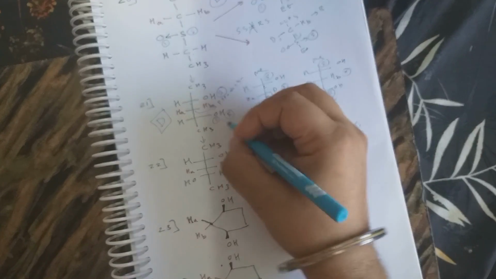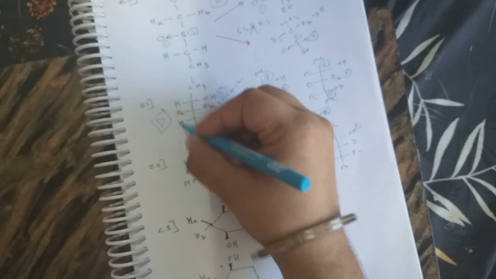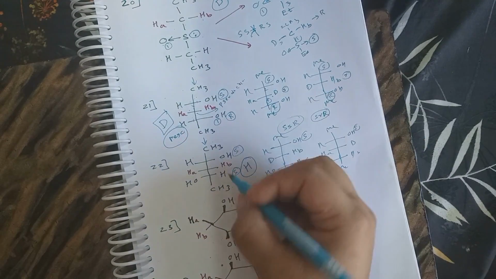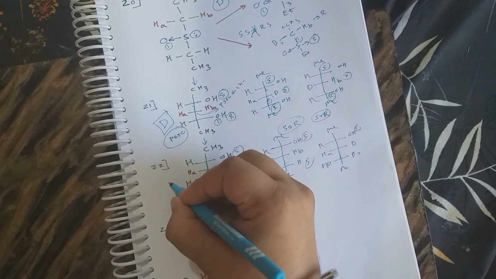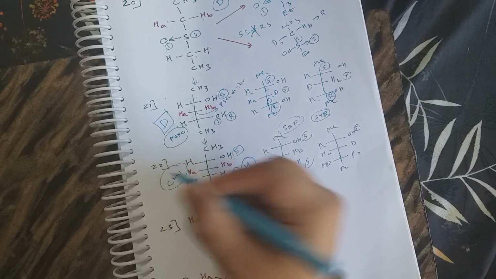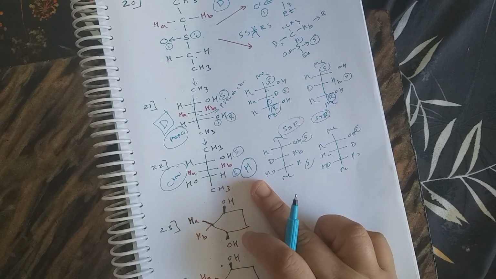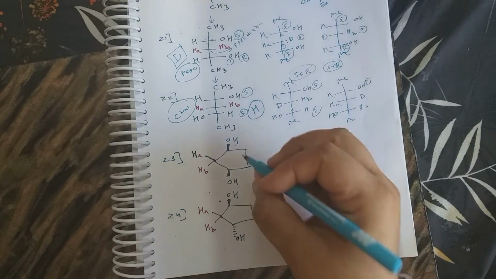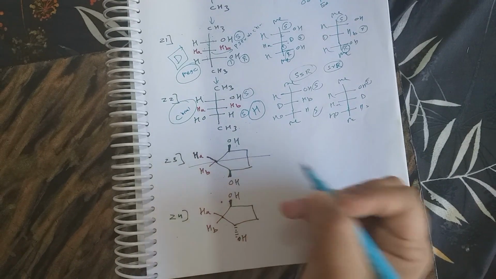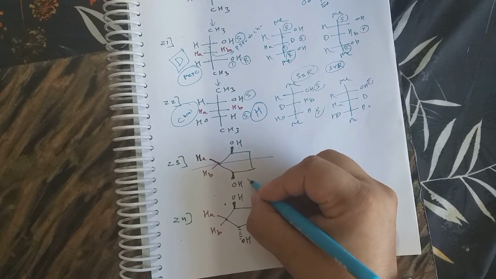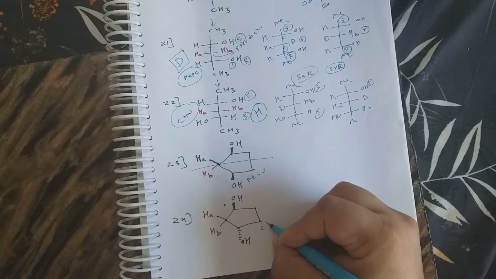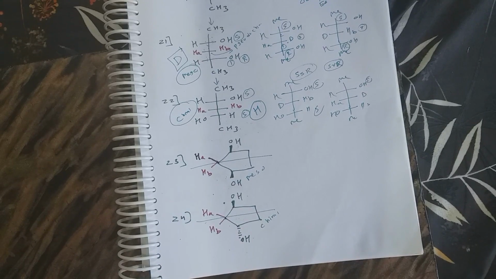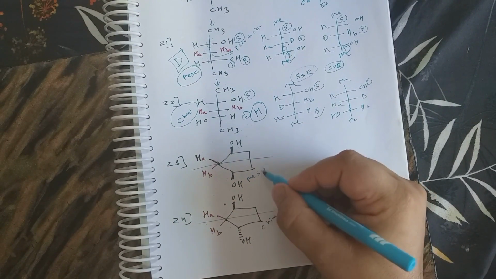Now see, if the overall compound is meso, then here you are getting a diastereotopic proton, but if the overall compound is chiral, then you are getting a homotopic proton, a homotopic ligand relationship. Now this is a similar example. You can see you can pass a plane of symmetry here, so this is a meso compound and this is a chiral compound. You cannot pass a plane of symmetry here, so directly you can make it out.